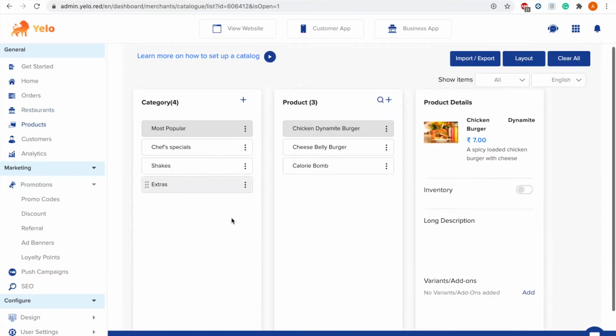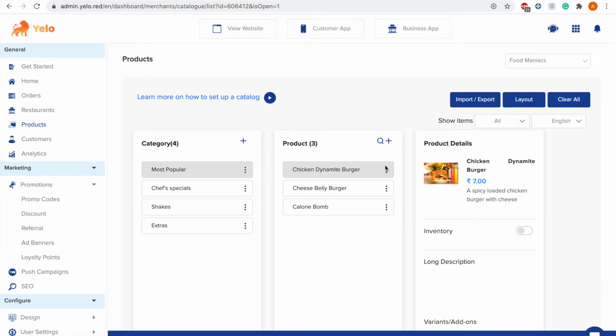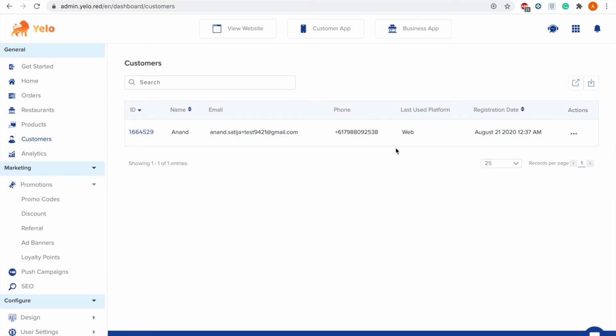And if you go to the products, this tab shows you most of the common products which can be used for our business. So let's just say you own a grocery store, and 90% of the products and categories are similar for every merchant. You don't want to keep on adding all these categories and products again and again, so you can give these categories and products to any merchant, so that they can edit the products and categories according to their business. And if you go to the customer tab, it shows all the customers that have signed up on our website.